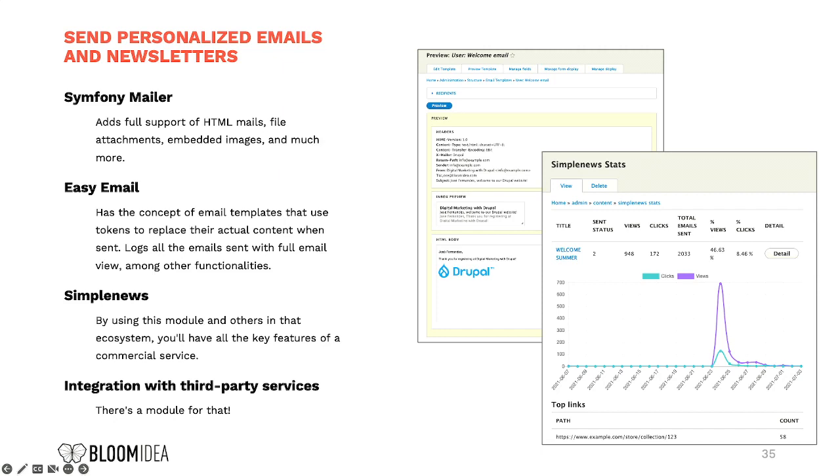Then the ecosystem of Simple News has several modules. For example, Simple Stats is very interesting. It shows if the email was opened or not, etc. And then you have, of course, integration with third-party services, and there's a module for that: MailChimp, Campaign Monitor, etc.